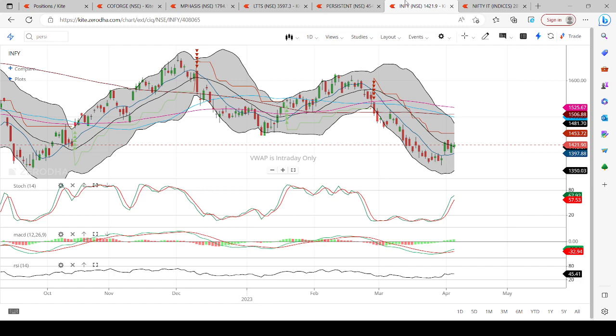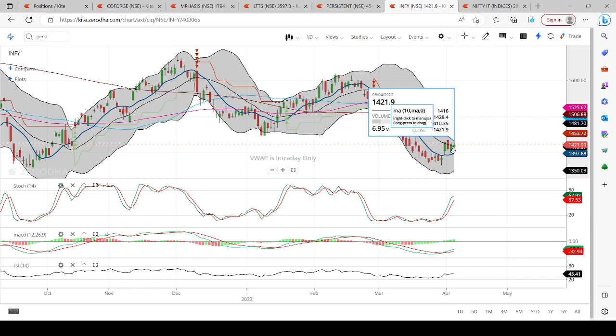When will I say the breakout? A strong close above, maybe 1% higher than the 20 moving average. That is more than enough. If it closes 1% above the 20 moving average, this index will be taken care of by the biggies from the very next day itself. So this is the Infosys chart. You can slowly accumulate from now,